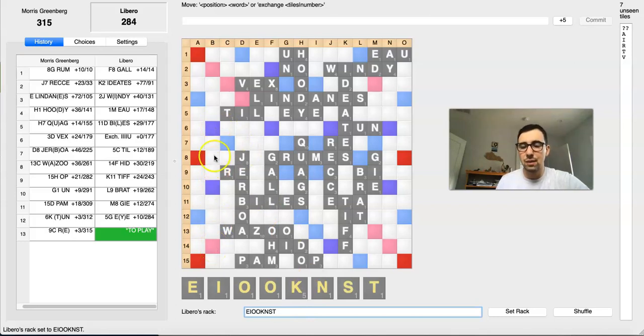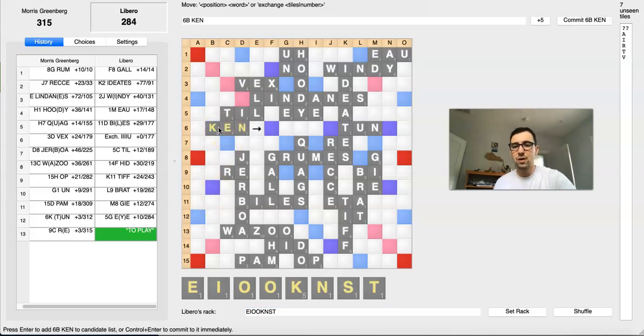If somehow Libero is able to block this, which I'm not even sure he can, but I guess maybe something like Ken over here, depending on what Libero's rack is, he could play. But it's very easy to see that if this happens, Morris can't bingo, but he's just going to now play something with Rev. He can now just play Viator for like 45, and yeah, he'll win very easily in that case. So if Morris picks up the R, he's in good shape, but what happens if he picks up the